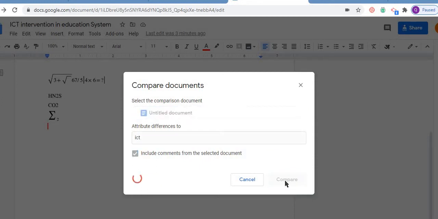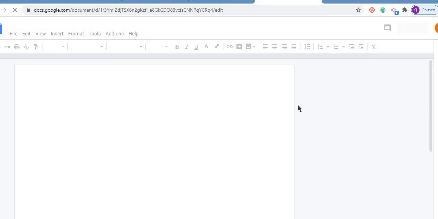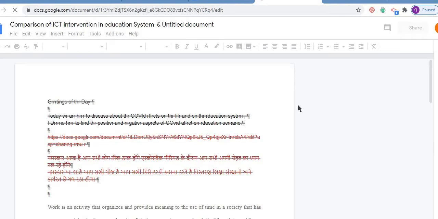Compare. So I have selected the two documents. One document comparison is ready. So what is that comparison? I have selected the documents from my drive. The two documents, one is of the ICT and another is of the document which I have selected, that is